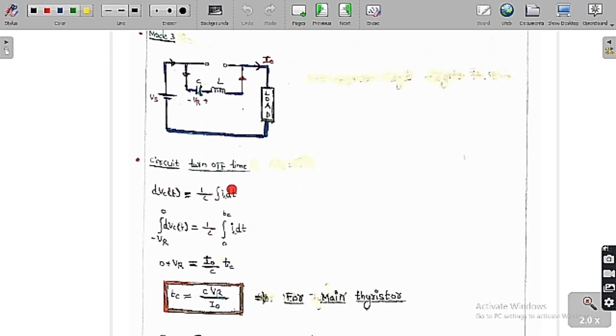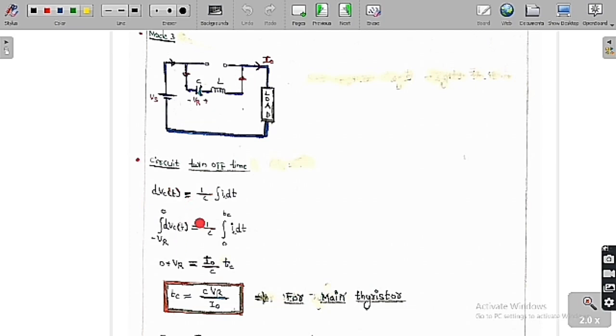And then in which time is it going to face the reverse voltage? It is going to face reverse voltage for a circuit turn off time. If you want to find the circuit turn off time, the time for which the main thyristor is going to face the reverse voltage, go for the capacitor voltage, where I is equal to C dv by dt. Therefore dVc of t is equal to 1 by C integration of IC of t into dt. If you go for the graph, then the capacitor voltage is changing from